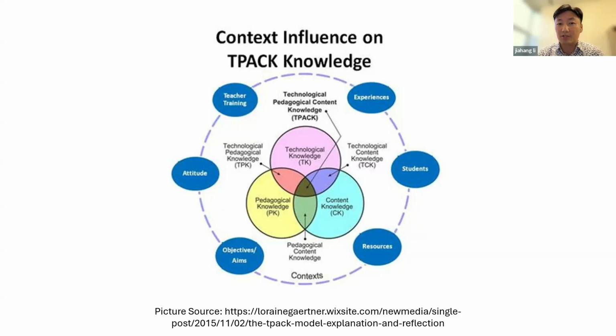How do their students vary in age and learning styles? So all these different contextual factors are taken into place as the big circle when you are thinking about technology integration using the TPACK framework as well.